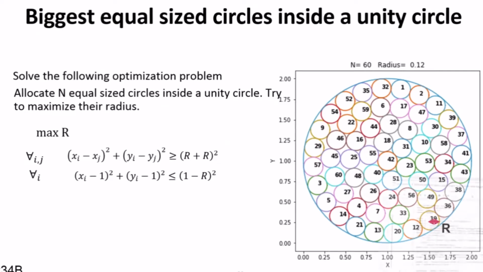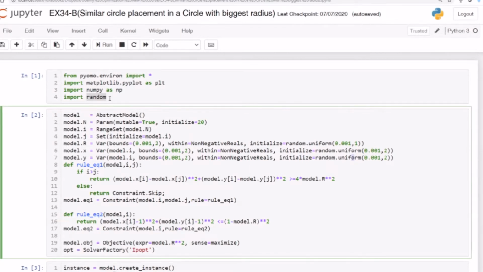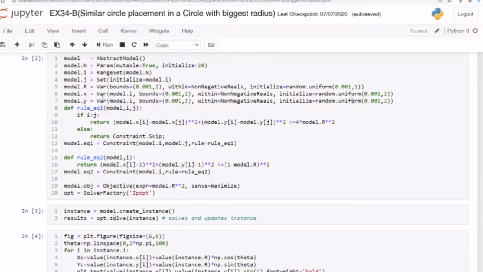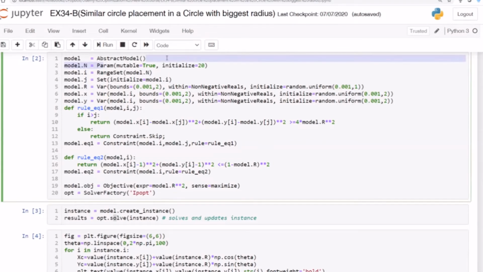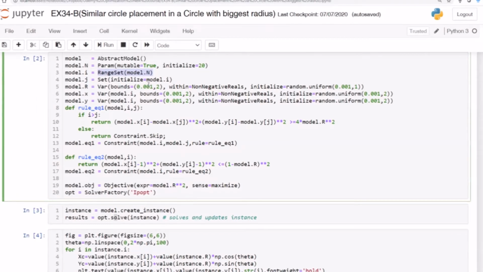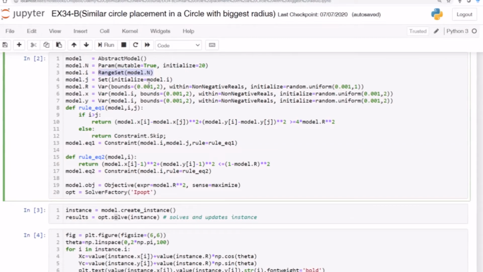Let's have a look at the Python code. First we import every required package, then we define an abstract model. N, the number of circles, is a parameter. It is mutable, so it can be changed. I is a range set starting from 1 to n, the number of circles, and j is an alias of I. R, x, and y are variables. They vary between a small number and 2. And also we need to define